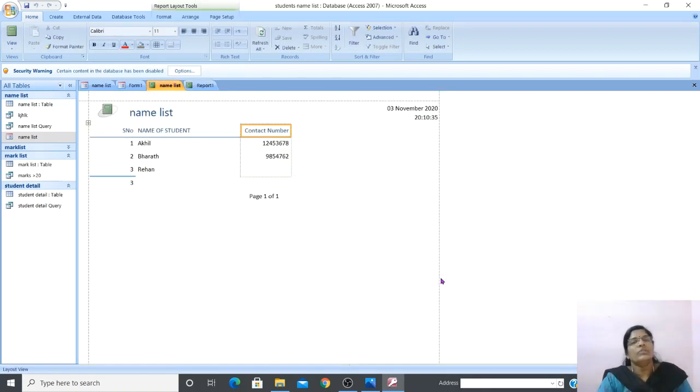That's all for today. So we have covered how to create a form using the Form command as well as using Form Wizard. The second thing, how to create reports using Report command and Report Wizard. The procedures whatever I have shown, everything is correct. The only thing is because of some issues in my Access, you are not able to see the output. If you try in your system, you can see the same. You can see the original reports and forms using the wizard. Got it, students? That's good.